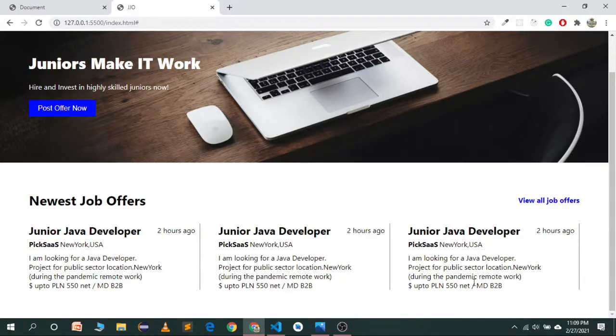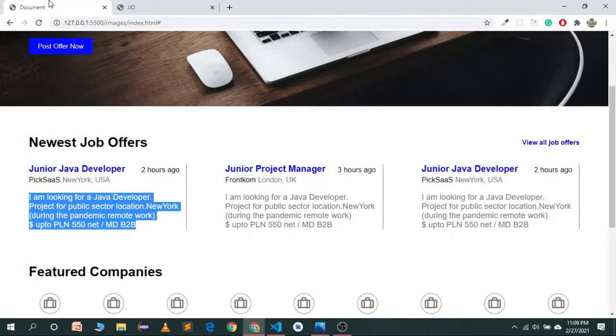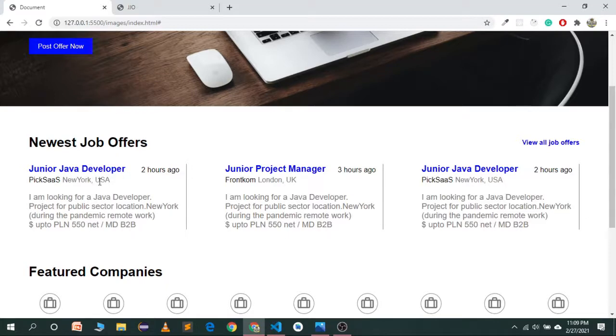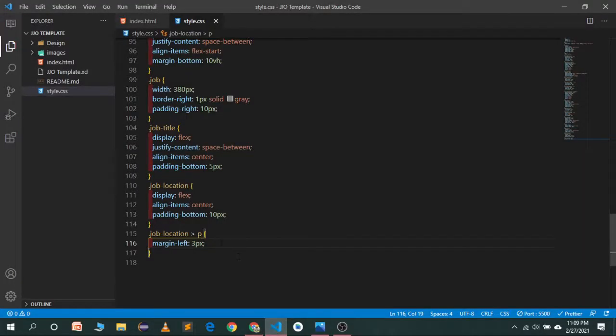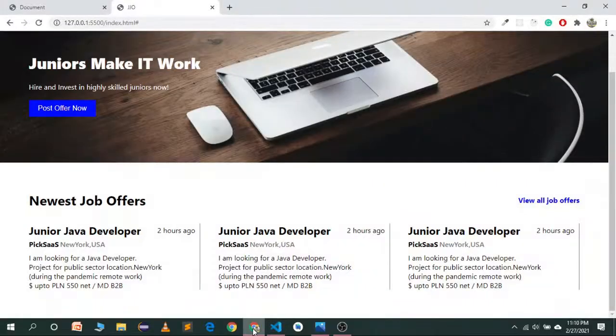We have a description, and I think we'll use a gray color for the description. Yes, we also want a gray color for our location. So set the color to gray, font weight to 600, and it will look good. Now it's looking good.